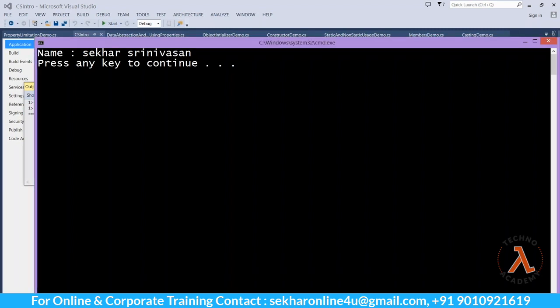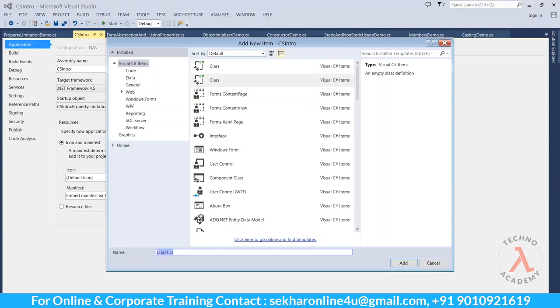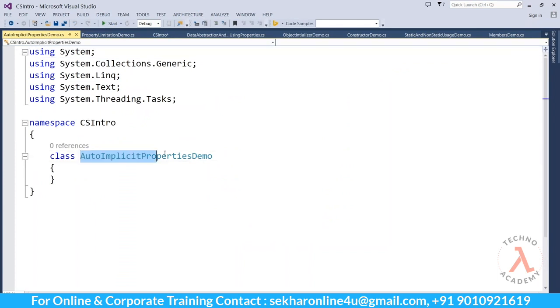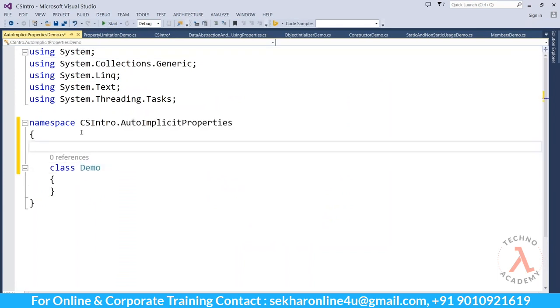Now, let us try to rewrite the above code using auto implicit properties. So let me add a new class file and provide the name as AutoImplicitPropertiesDemo. Let me cut the name and use it as the sub namespace. Now let us define the class Name.